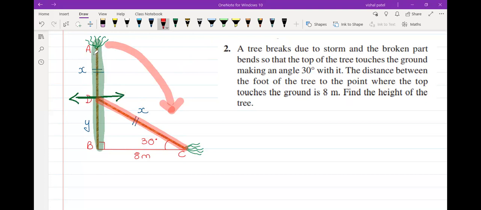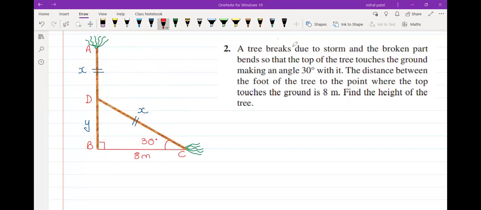So this part and this part is same. Okay, because this part broke and it fell down here. So the part is the same. Is the diagram understood by all students? Yes, sir. Okay, yes. So this part breaks and comes down here. So X and X I've shown over here. Okay, yes. So the same part is coming down.